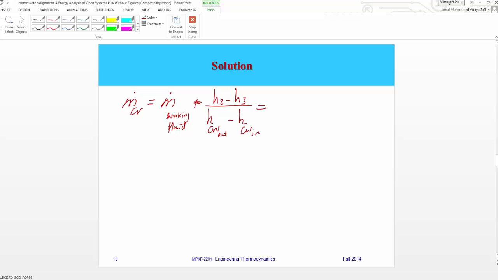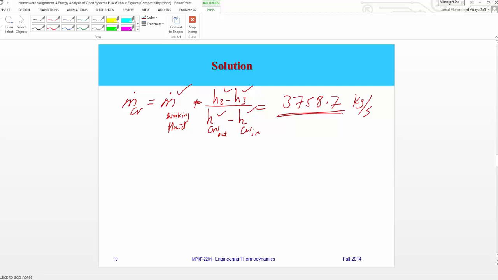If you put all the numbers here, you will get that the mass flow rate for the cooling water is 3758.7